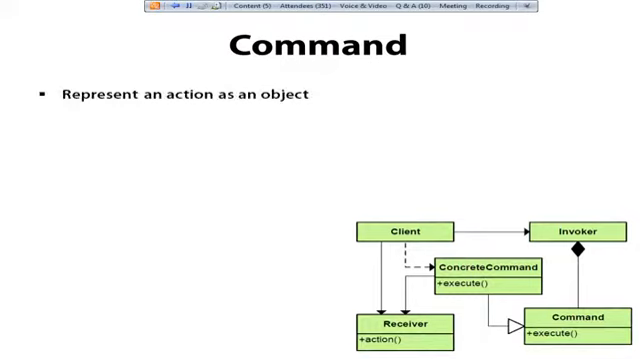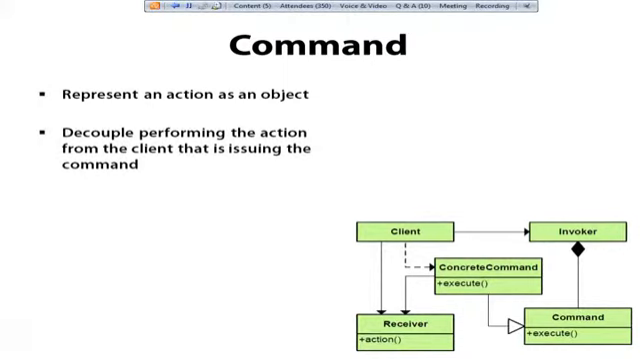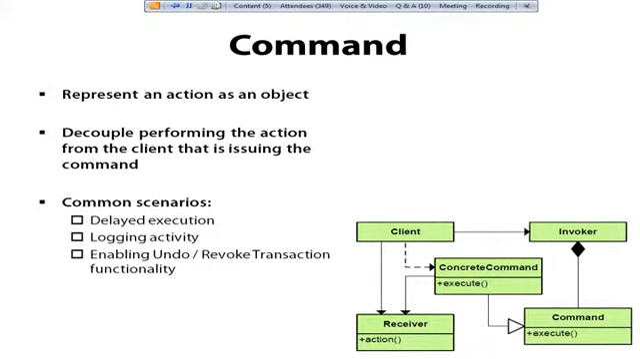And so this is very different from just directly calling some code, but it has a lot of benefits. So the intent of the command pattern is basically to represent an action as an object, and it allows us to decouple performing the action from the client that's actually issuing the command, which gives us some nice benefits. For instance, we can do some delayed execution. We can use this for some logging. We can have an audit trail of the actions that were taken, and then we can use that audit trail